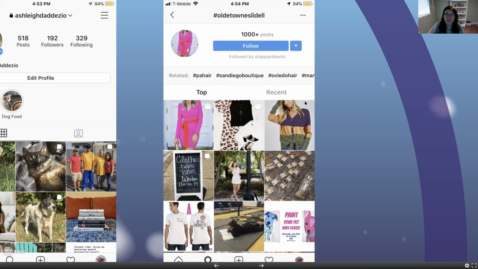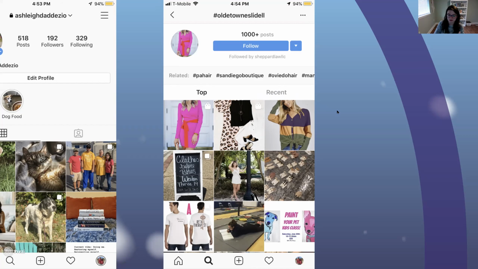So if I hit recent, I'm going to see all the posts from today. You'll see everything that my clients have posted because I've included the hashtag. You can include the hashtag in the caption of the photo or in the comments below it. And that's a very, very quick explanation of hashtags.